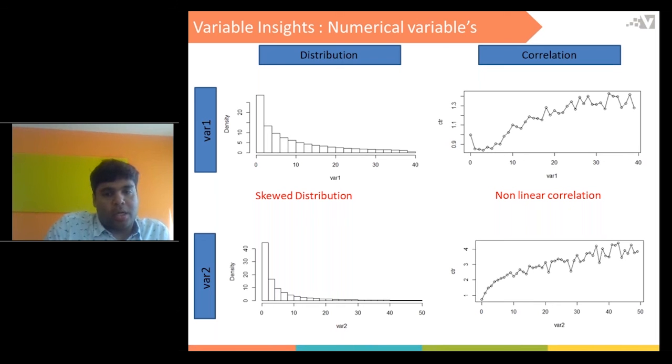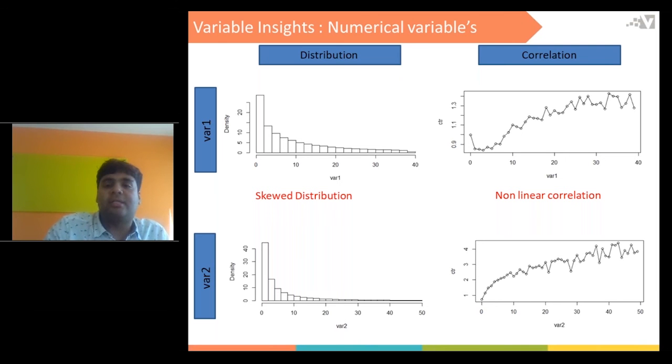On the correlation plots, on the x-axis we have the variable value, and on the y-axis we have CTR, and the correlation obviously doesn't seem to be linear, right? In the case of variable 1, the value first drops and then flattens and then increases suddenly and then gradually flattens out.